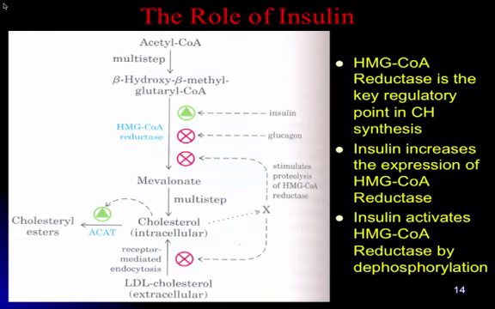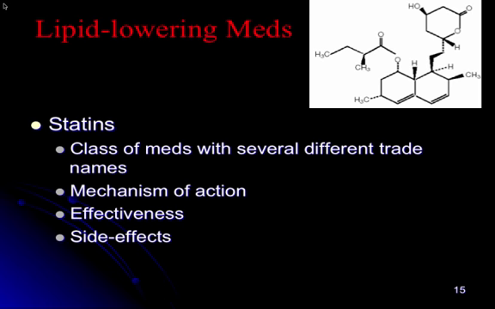Now, lipid-lowering medications. There's a class of drugs called the statins. The first statins were discovered in the 70s. There was a Japanese researcher that believed some organisms probably made molecules to inhibit the cholesterol synthesis of invading organisms. So they thought it was kind of a protective strategy of some organisms to downregulate cholesterol synthesis. So they started isolating these compounds, and then those initial studies were supported by a company called Merck.